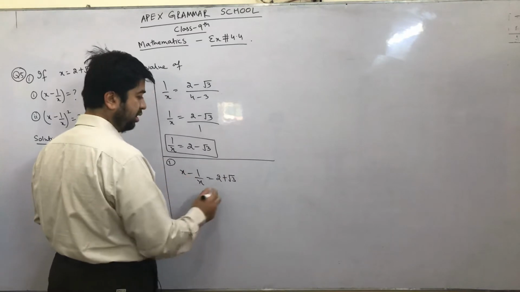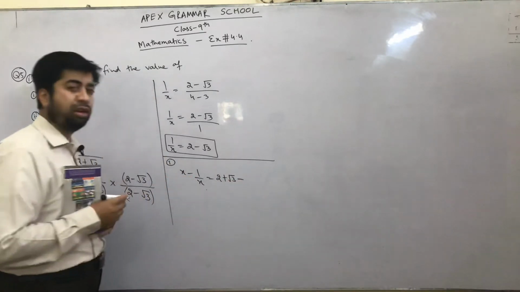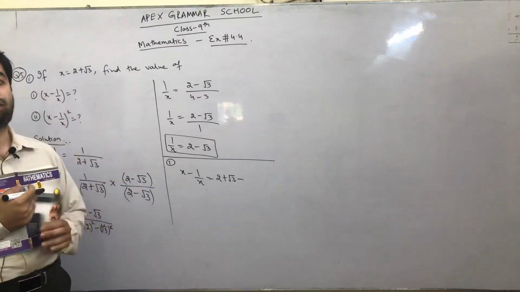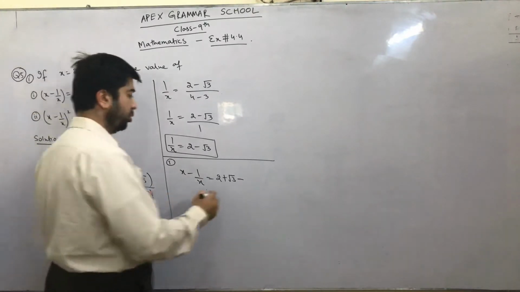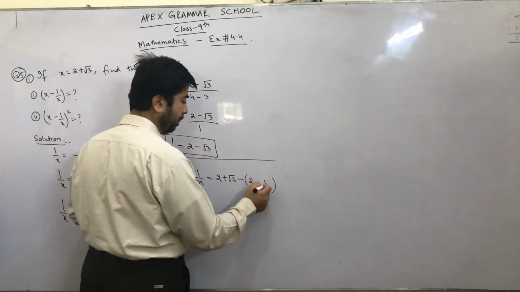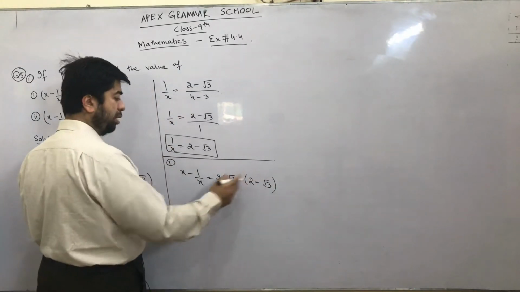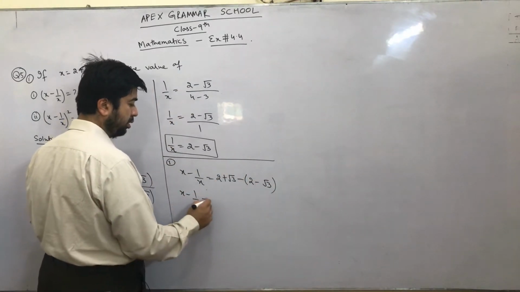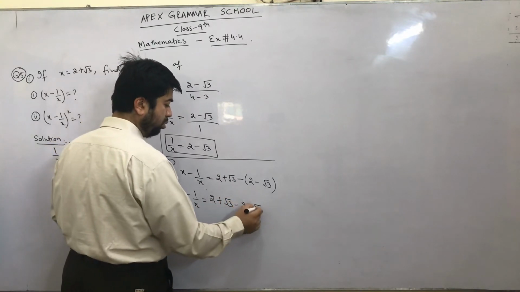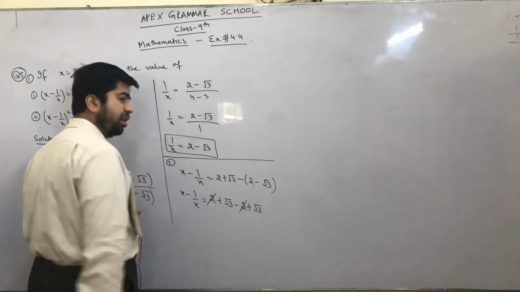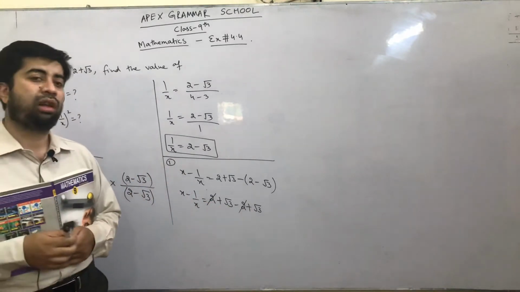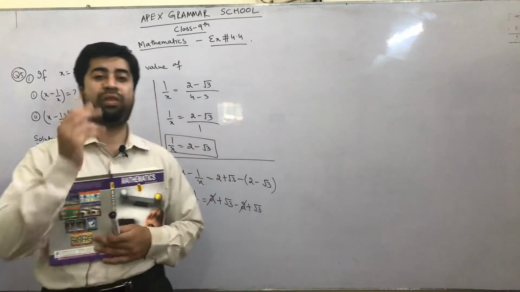After that, the minus sign applies, and after minus you better know that you just have to write the expression within brackets. So after the minus sign, the 1 over x value, that is 2 minus square root 3. Now this minus is going to multiply inside: 2 plus square root 3 minus 2 plus square root 3, and this 2 is going to cancel with this negative 2. So under root 3 plus under root 3, what will be the answer? Think about that and recall your previous lectures.